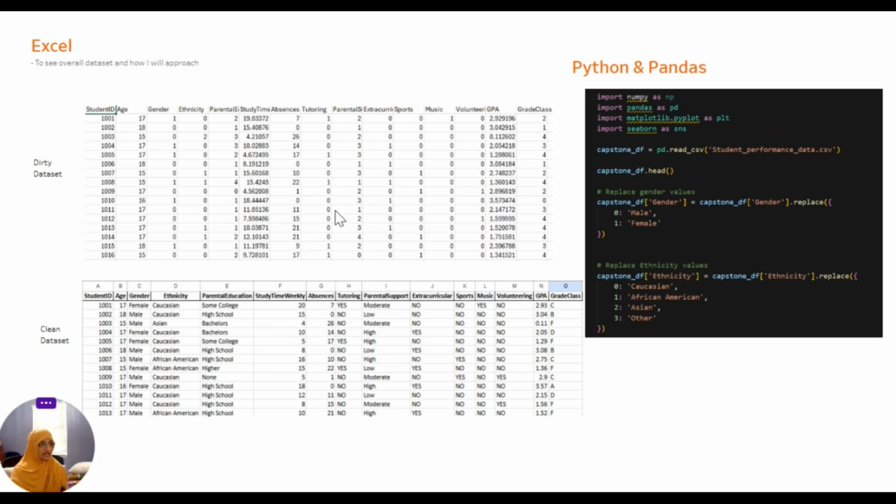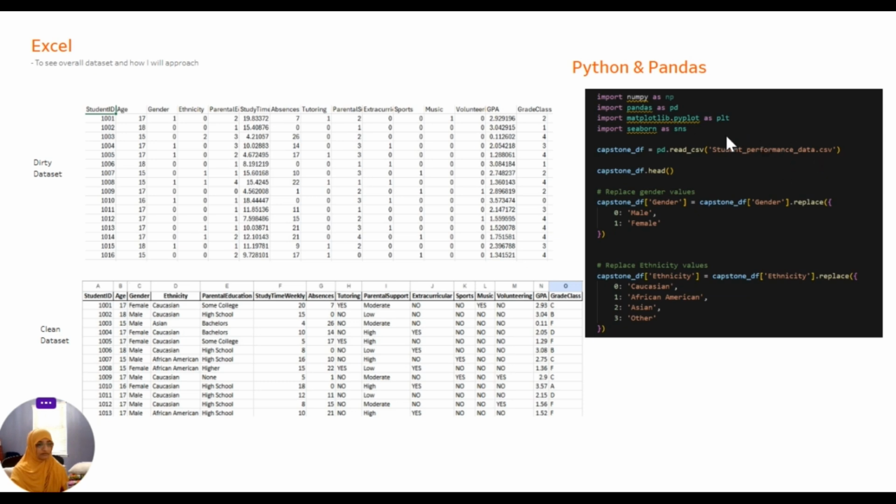Same thing, including the tutoring, the parental support, the extracurricular activities, the sports, and the music. It's all basically changing all the zeros and ones into what the data should look like. So I started using Python and pandas to change those data sets. And I'll obviously use the coding such as